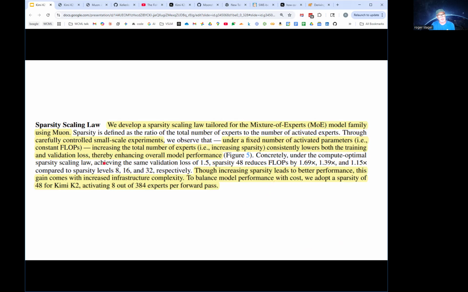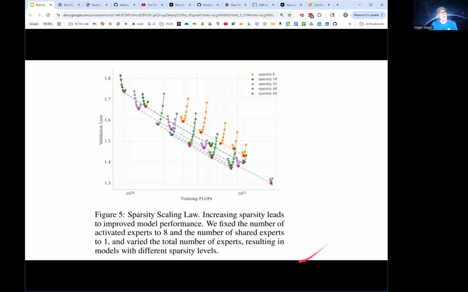They talk also about, let's see, so here's the slide. The way I read this is we've got different sparsity levels. My guess is these are different model sizes for each one of these curves. You've got the training FLOPs down here and the validation loss over there. So at sparsity 8, you have a model that's trained, this size model, and it reaches the optimal point along here. The same model with the same sparsity, a little bit larger, you get a better loss, but it follows these curves.